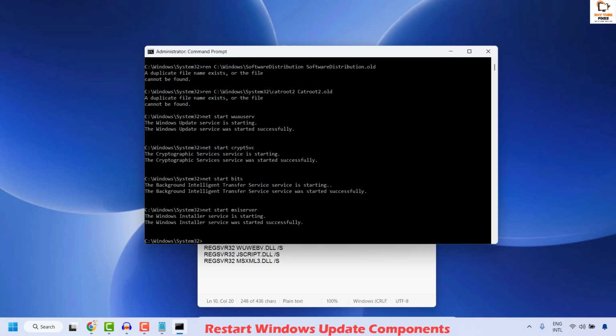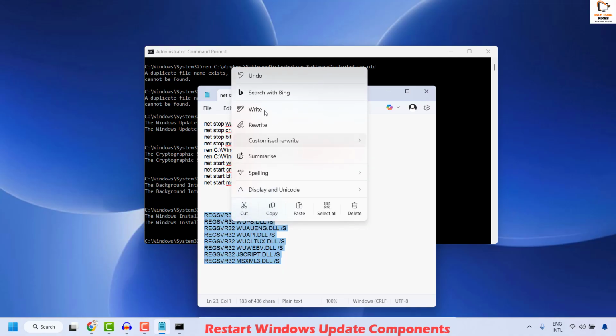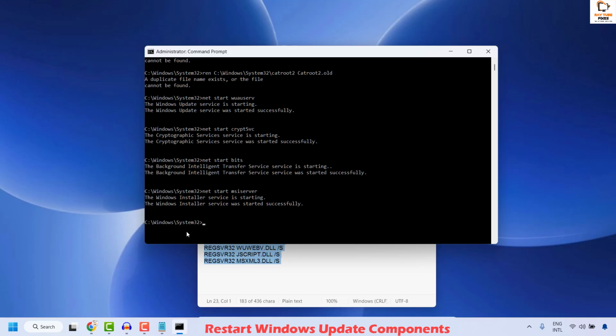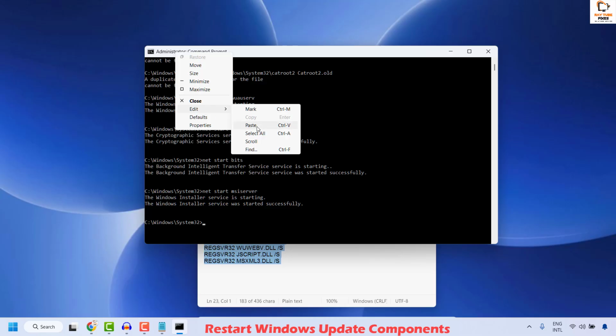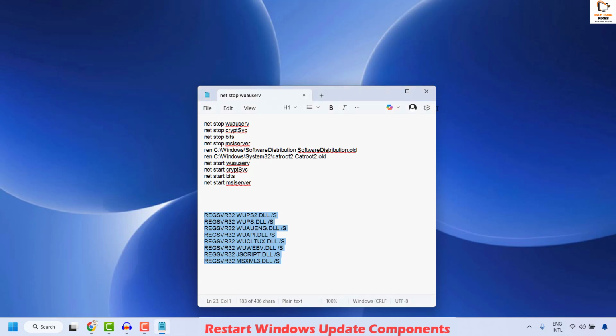Once this command has been successfully executed, you will have to copy another set of commands to re-register the components which were unregistered earlier. So copy the command from the video description, go back to the command prompt, do a right click and then click on edit and click on paste and hit enter. This will re-register the Windows components. Once this is done, you may close this window,